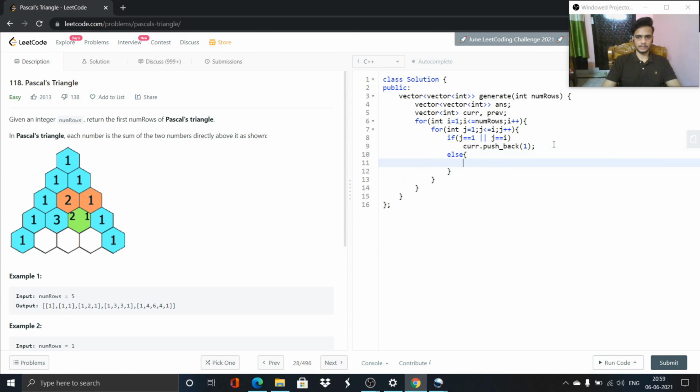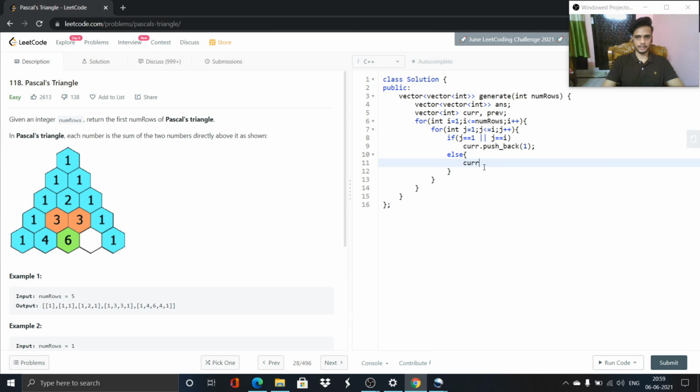or else, if it is this value, then we will just do the sum of previous j minus 1 and previous j minus 2. So if this is 2, so the previous first value and previous second value, j minus 1 and j minus 2, we will add them, and that will become our current value.